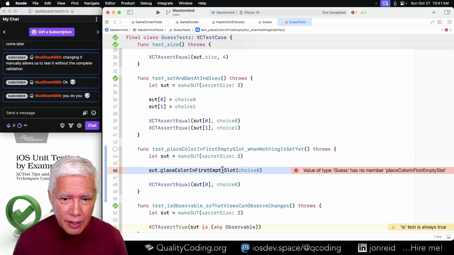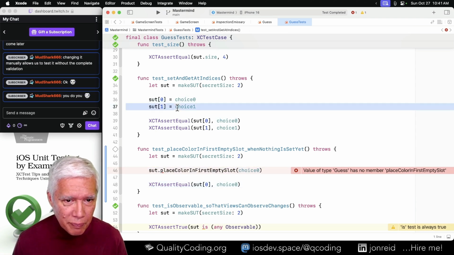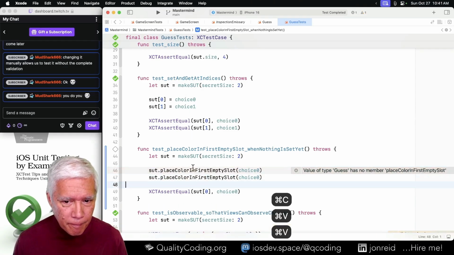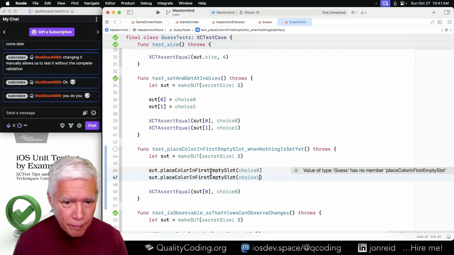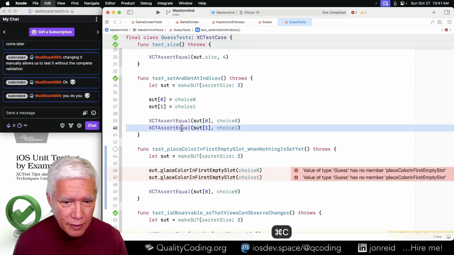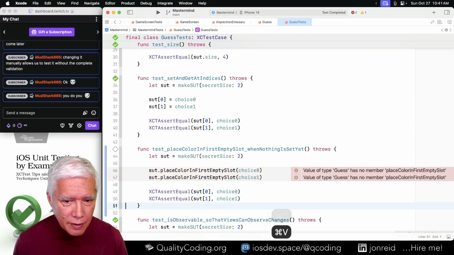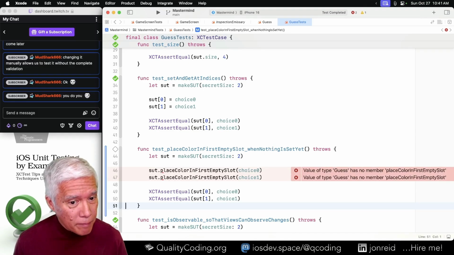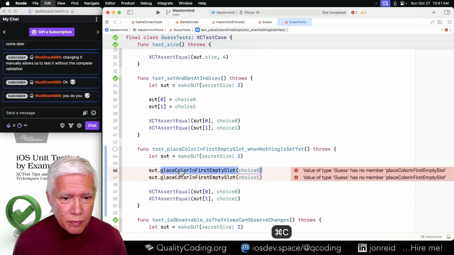I'm actually thinking that I ought to be able to basically copy this test up here and then change it, like that. Right? So this will be a new method.